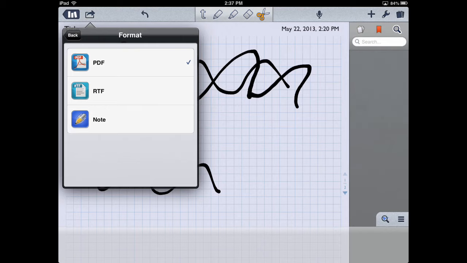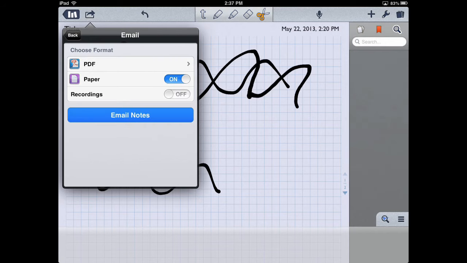Now, the PDF and the RTF versions are probably the best options to send to a computer for printing, but the note version is probably the best one to send through the iPads to other students or other teachers, especially if you've included a recording so that they can have the same options that you would do to edit something on their document. So once you've picked the one you would like, you click back on the top left